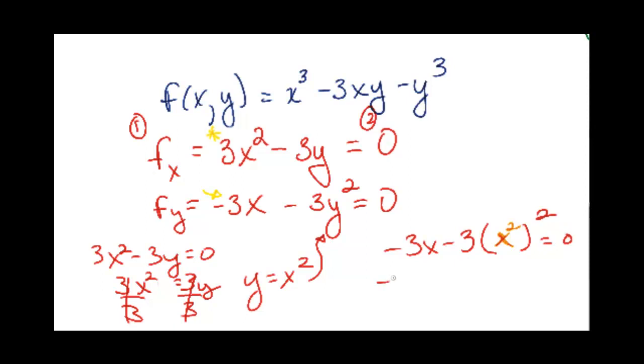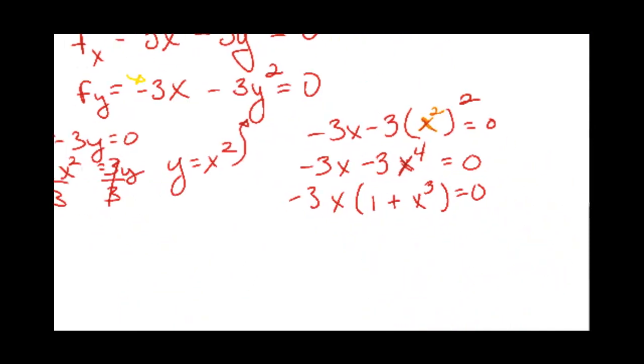So I can factor out, well, actually, let's not skip any steps. Be good math students. You also get more opportunities for partial credit if your professor or grader is nice enough to give you partial credit. Now we see that there's a negative 3x common to both of those. If you factor that out, you get 1 plus x cubed. Setting each one of those equal to 0, you're going to get a negative 3x equals 0, x equals 0,